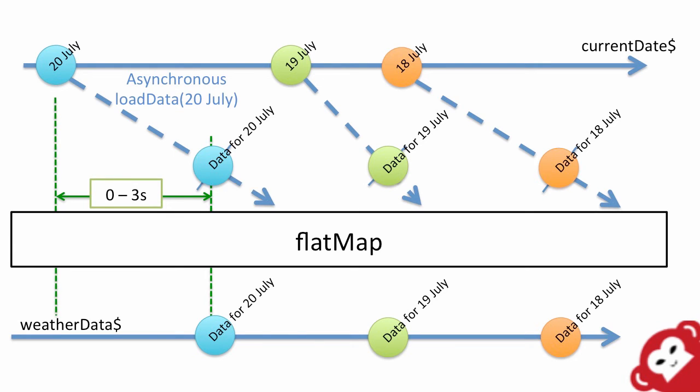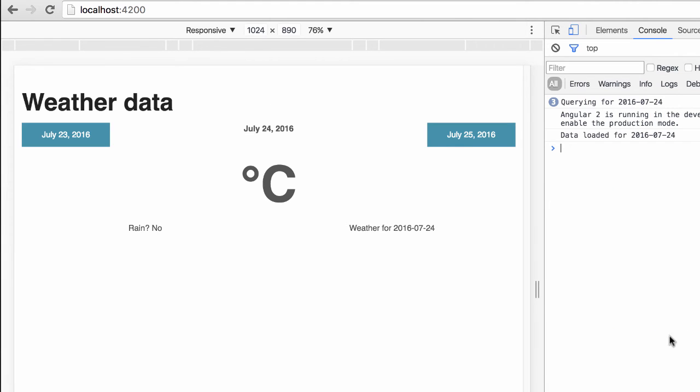Here's what flatMap does. It subscribes to an observable that emits asynchronous processes, and in turn it emits what these processes themselves have emitted, in our case the weather data. Let's look at this in the browser. You can see the logs when data is being loaded, and when it stops loading, it gets displayed in the